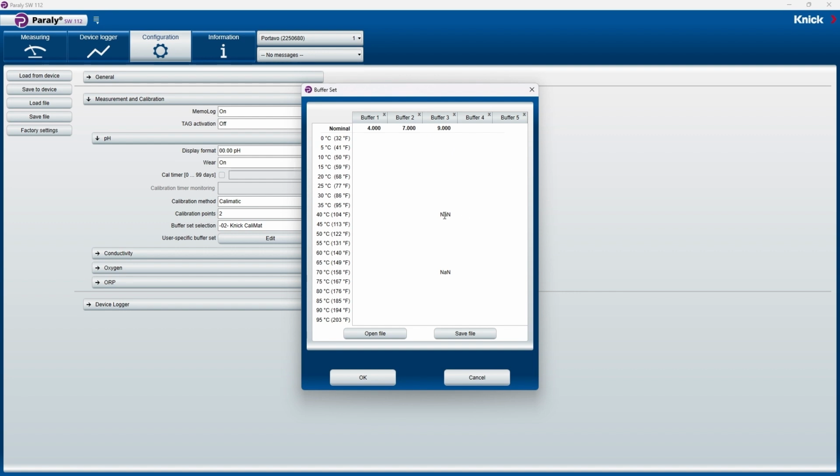Now what you're going to do is take your nominal buffer set and the buffer temperature table from the buffer you have, and we're just going to match it. For this example, I'm just going to use static numbers to keep things simple. But you're going to want to make sure you fill this table out fully with that information. Once you've filled out your buffer table,